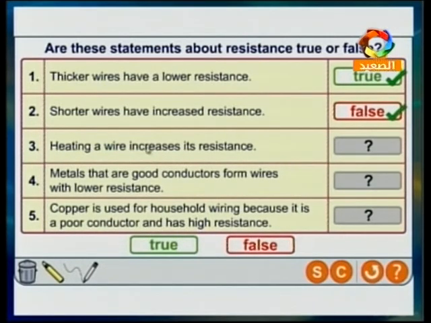After that, we have: heating a wire increases its resistance. It is very right. It is true. Why? Because the heat energy makes the resistance increase as the heat energy increases. After that, metals that are good conductors form wires with low resistance. Again, metals that are good conductors form wires with low resistance. True or false? Try to make it true and make the correction. It's very right. Why? Because metals are good conductors of electric energy, and it has most amount